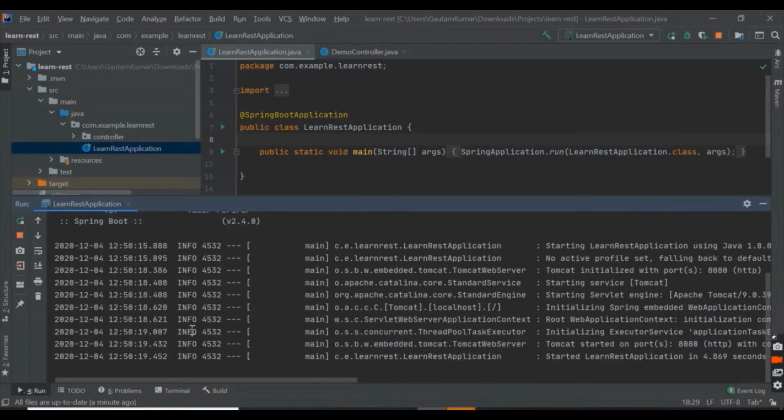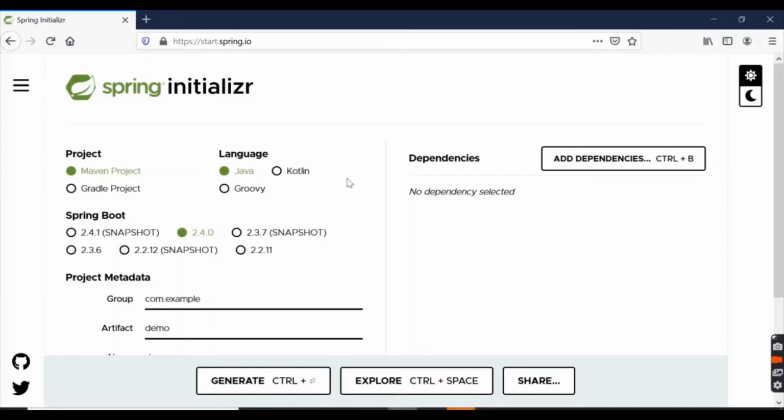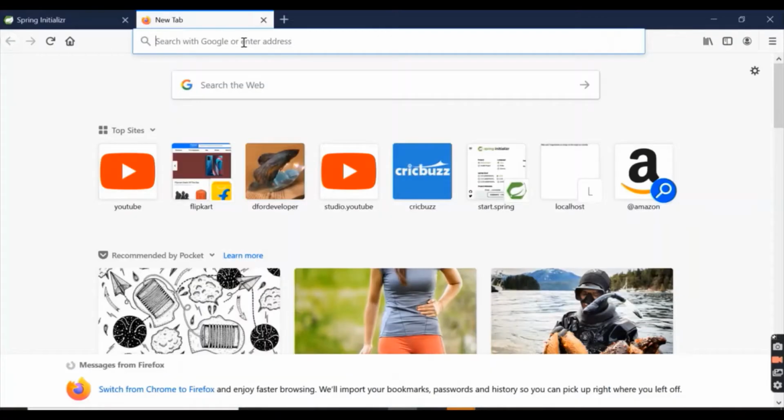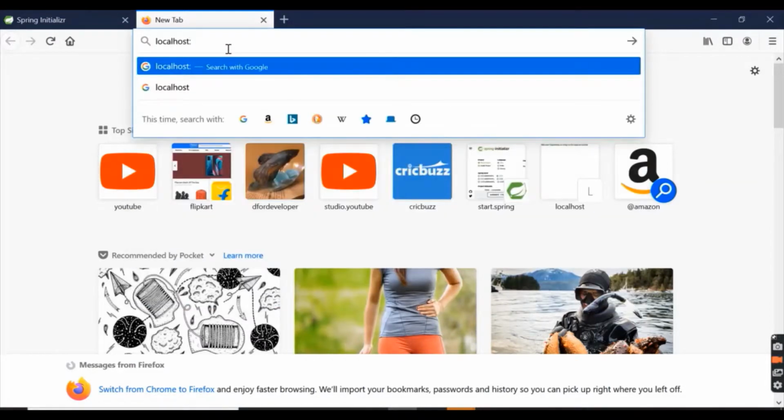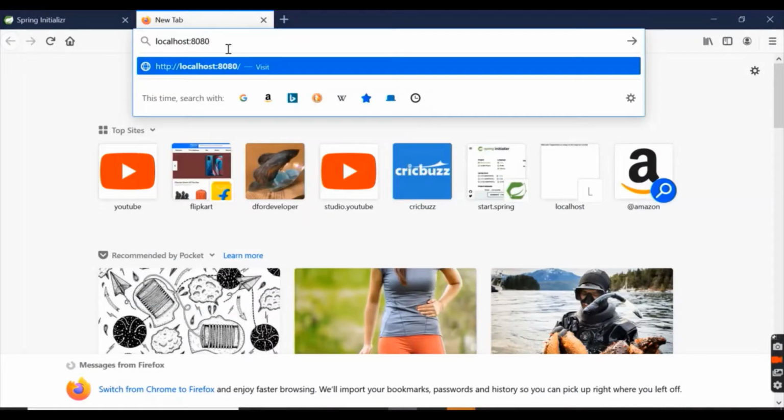Now we can go ahead and hit that URL. We'll open any browser on your system, and here I'll be using Mozilla, and I'll type localhost colon 8080, which is our port.